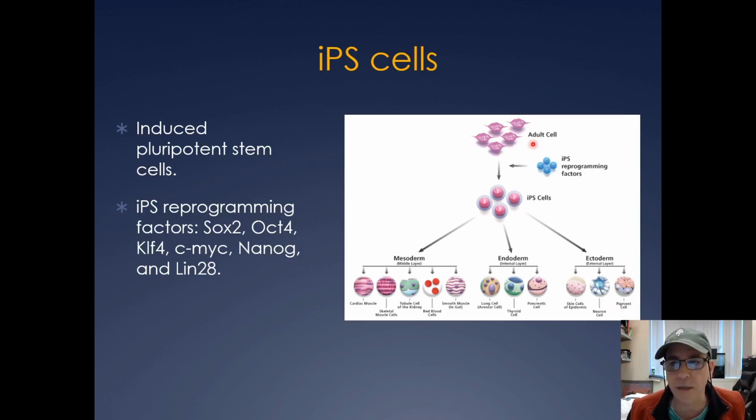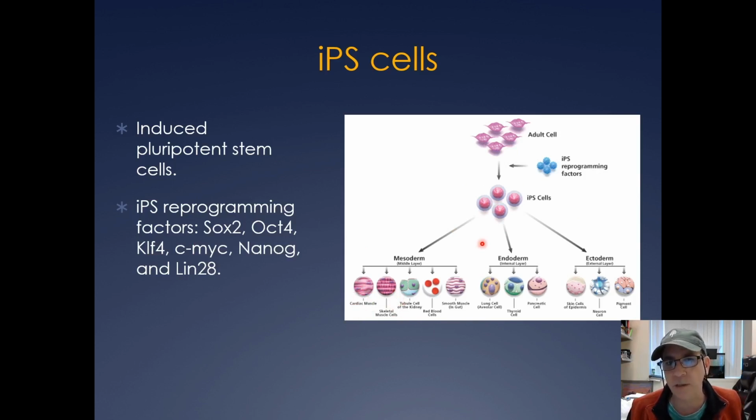So they can take adult fibroblast cells, add these IPS reprogramming factors, which include the transcription factors SOX2, OCT4, KLF4, MYC, and NANOG, and then they throw in a little microRNA called Lin28, and that converts the cells into IPS cells. And then depending on what you add to those IPS cells, you can generate cardiac muscle, skeletal muscle,